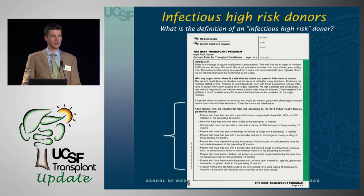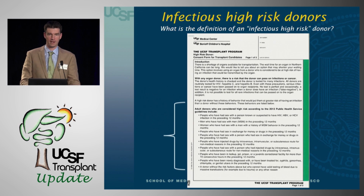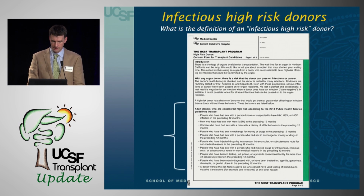So moving on to the infectious high-risk category. This is a confusing one for both transplant providers, patients, and everybody. Here's our consent form that describes all the risks that make somebody an infectious high-risk donor. And it can be a bit dizzying, but